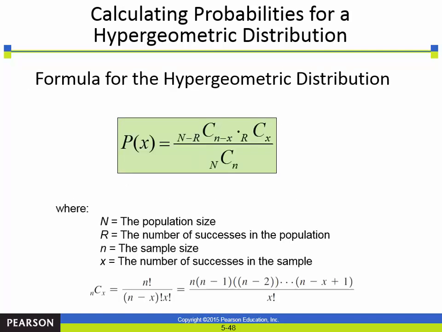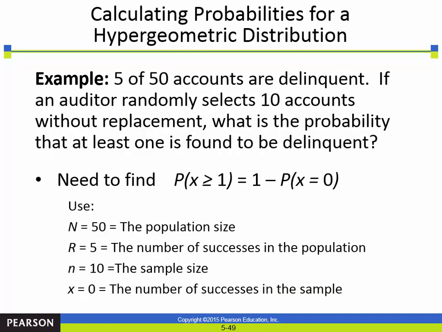Okay? Here's the formula for the hypergeometric distribution. Again, you're like, okay. Again, we could do it if we had to. We don't want to do it. In essence, we're going to have to do an N minus R and an N minus X, right? So we're going to have to do this for each one of these. We could crank out the numbers if we had to. This one's a little harder. Again, we don't need to because we have Excel and we love it.